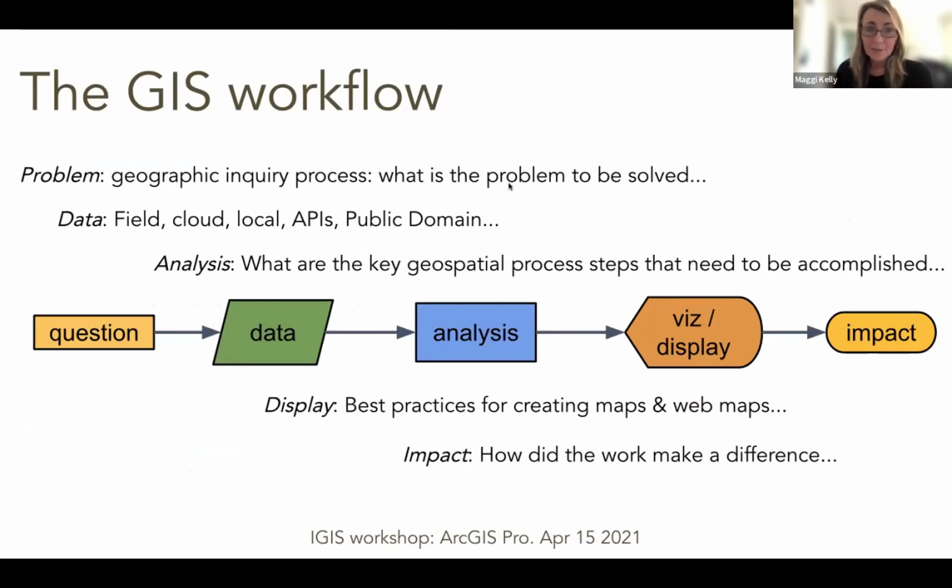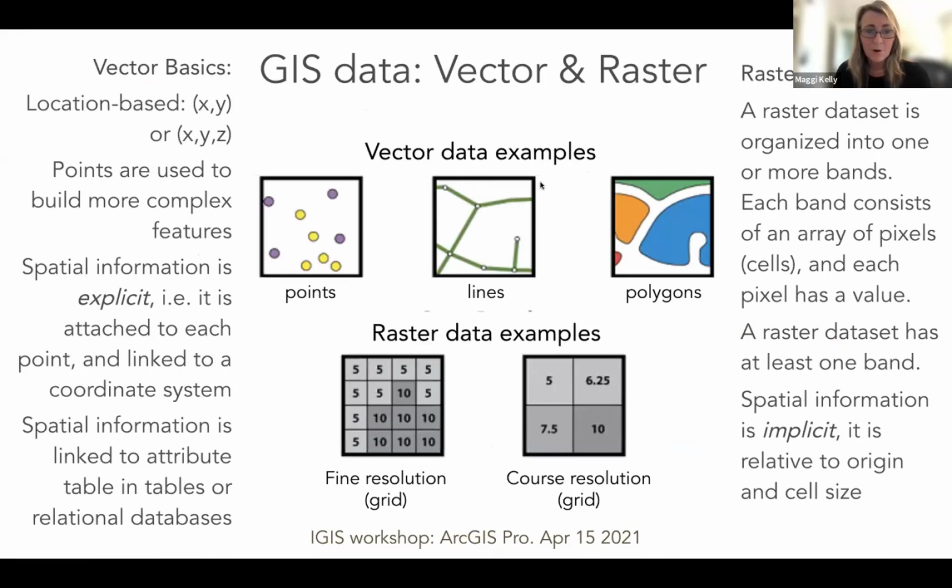The way I like to think about GIS is in this very clear, organized workflow manner. So you want to start with what's your question, and you want to find the data. You're going to do some kind of analysis and do some kind of display. And in each of these steps, there are things that you're going to pay attention to. And Sean will go through this in the workshop itself. But you're thinking about a question, you're finding your data. There's a suite of these workflows, these analysis tools you can use, and then you want to create some kind of map. The data you'll be working with is going to be raster or vector.